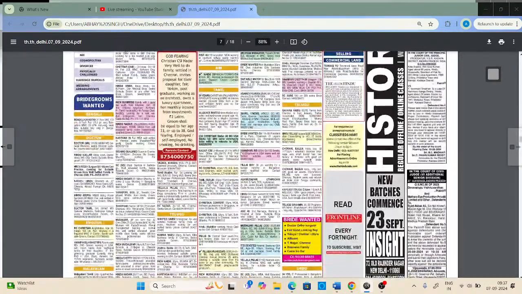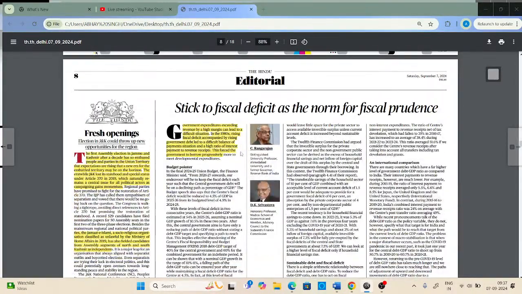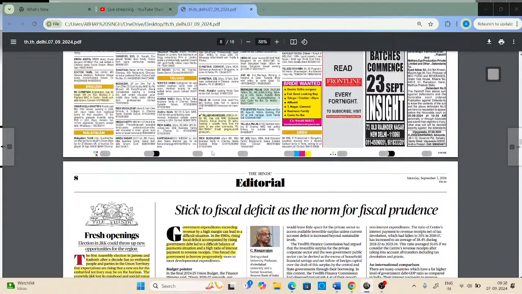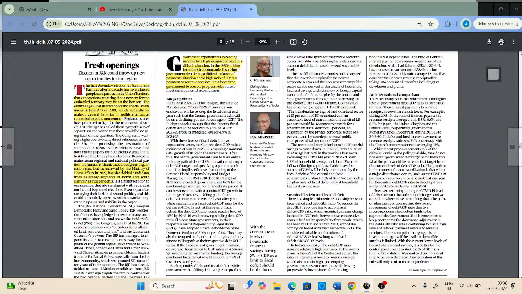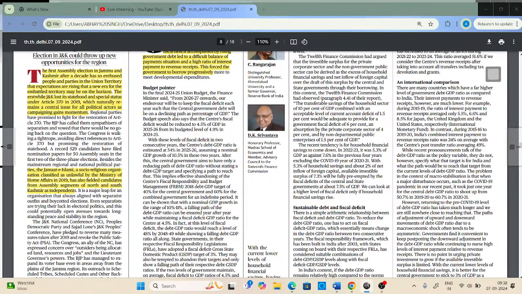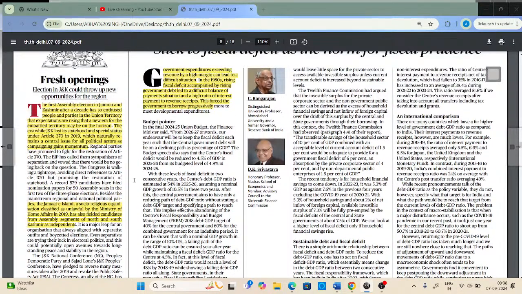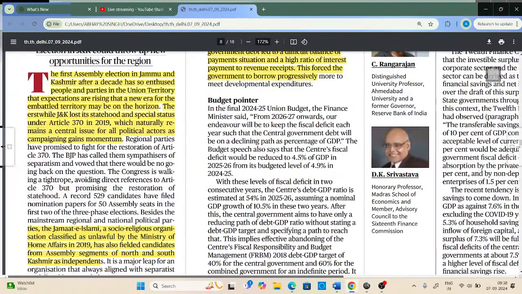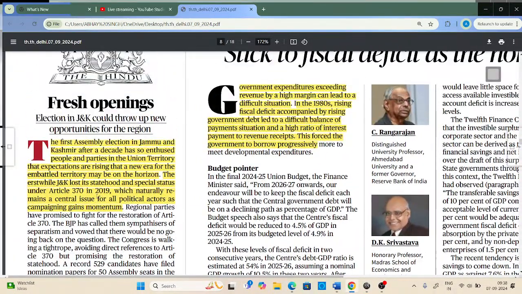Now moving on to the next important article. Again, I was saying that we have to understand what are the things that are important for us and what are the things that are not important for us. So now we are dealing with the first article for the day, and the first article is mainly focused on Jammu and Kashmir, how these elections will change the future of people living in Jammu and Kashmir, and how this particular election will throw up some new opportunities for the people residing in the area of Jammu and